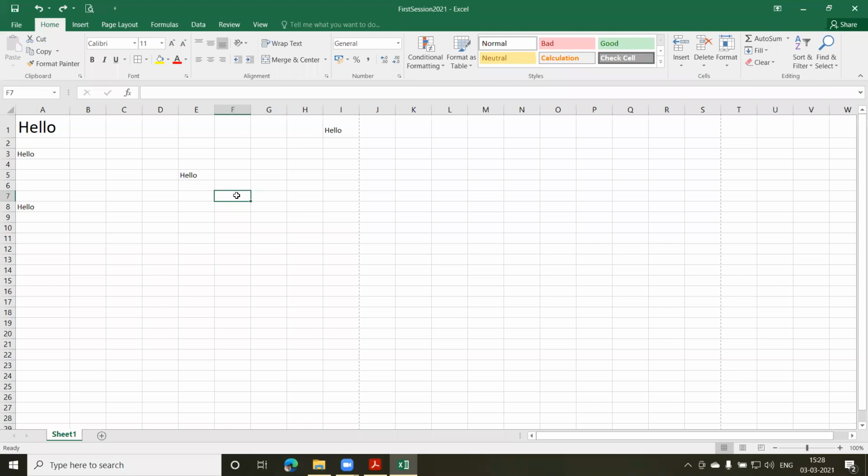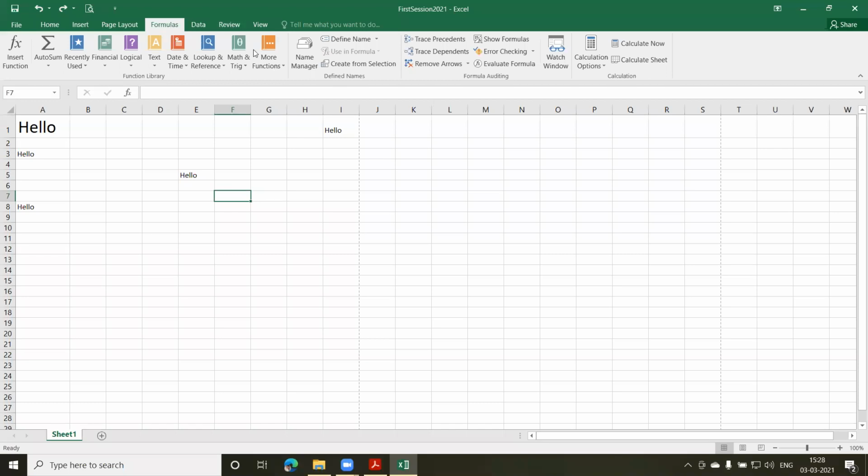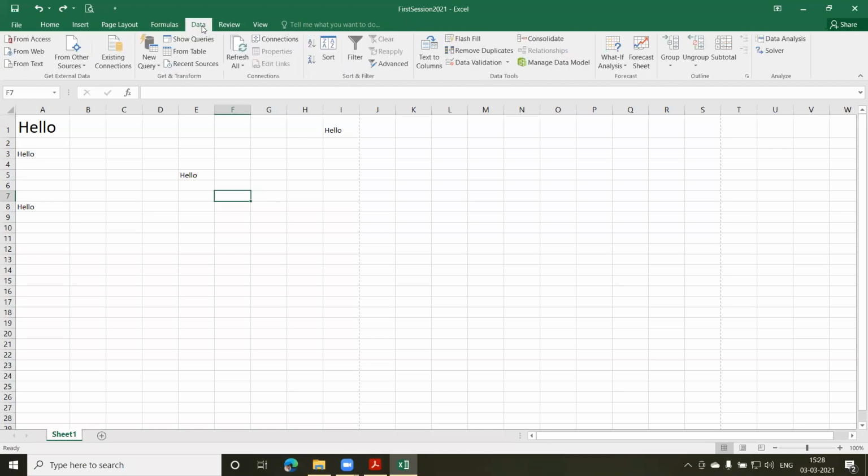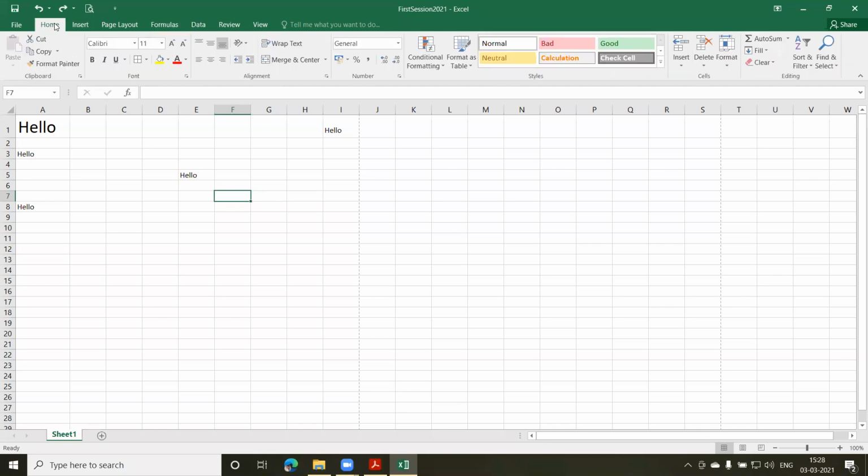Fine. Now, it is not necessary that you always make use of the mouse and click on a particular tab to use a command. You also have your keyboard, which has some shortcuts.